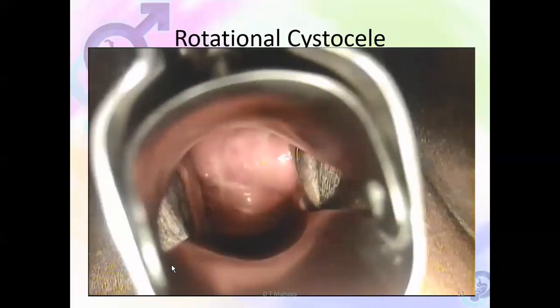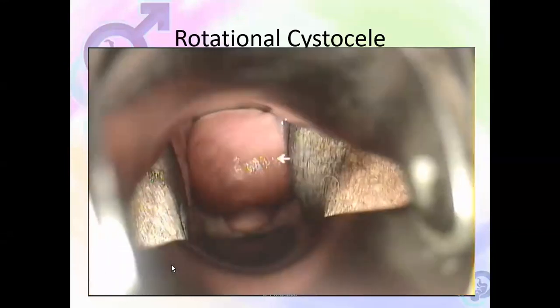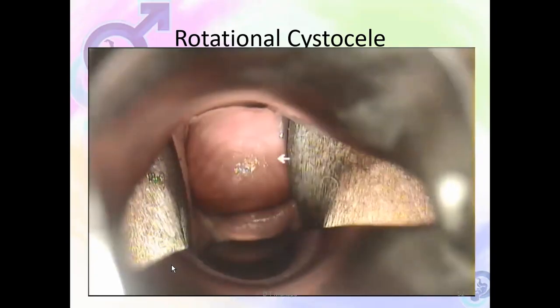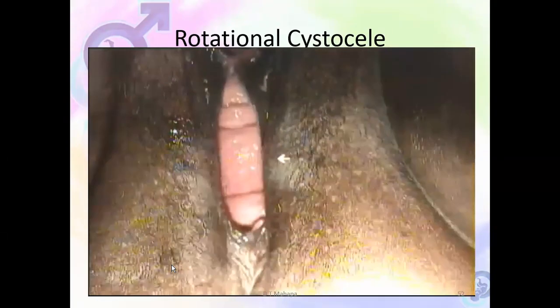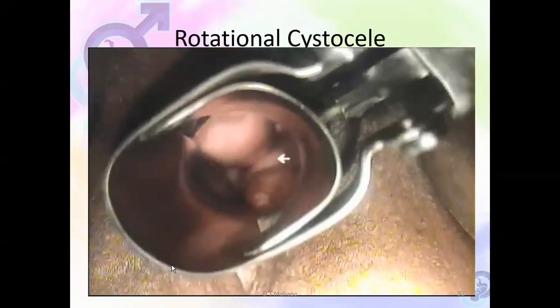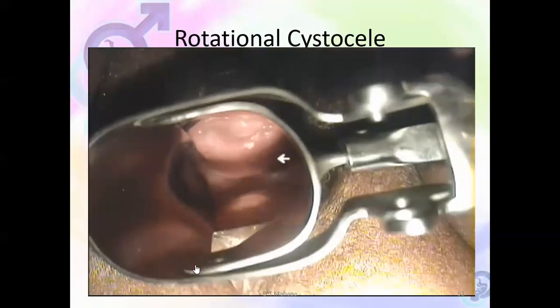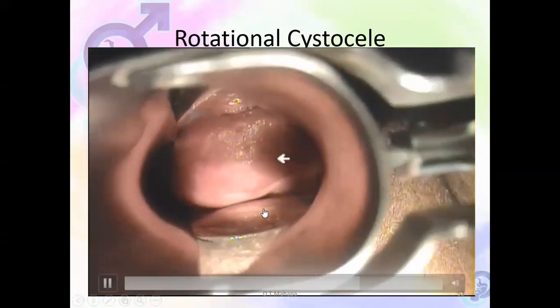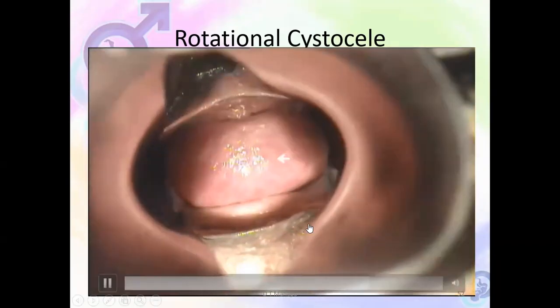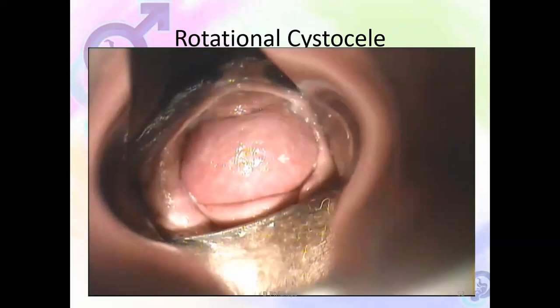And if you pull the speculum outward, the urinary bladder follows you. That is a cystocele. And this woman has got grade 2 cystocele. The more the grade, the more difficult is the repair. If you turn your speculum upside down, you don't have to have a special speculum. You can use a fiber speculum. You can see that the anterior vaginal wall is collapsing, and the posterior one is collapsing mildly, as a rectocele, but the cystocele is predominantly following you. That's how you diagnose a cystocele.